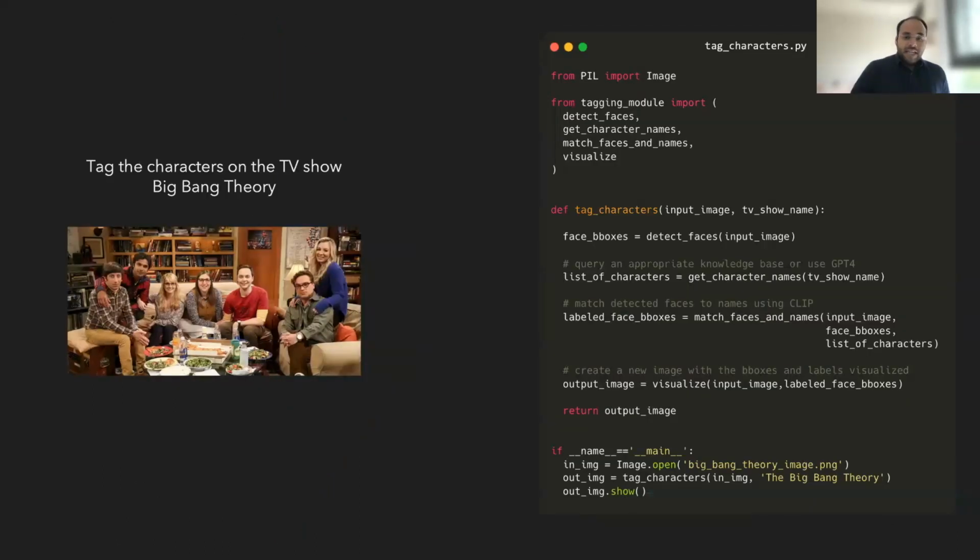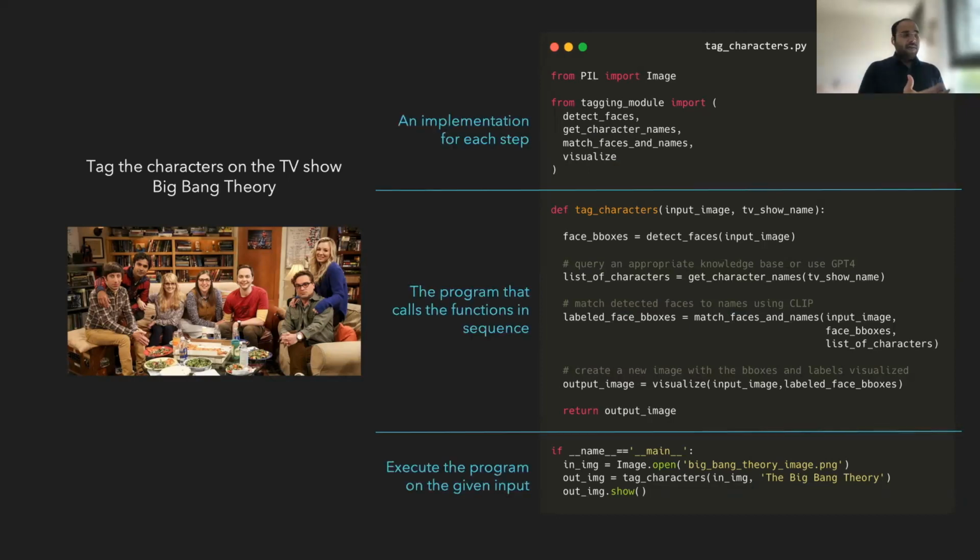But at the same time, if I gave you existing models for detecting faces and retrieving character names from a knowledge base or matching faces and names, then all of you, I'm sure, can write a very simple program that would be able to solve this task. So you would have an implementation for each of these steps for detection and matching and so on. And then there's a part of the program which invokes these steps in some logical order.